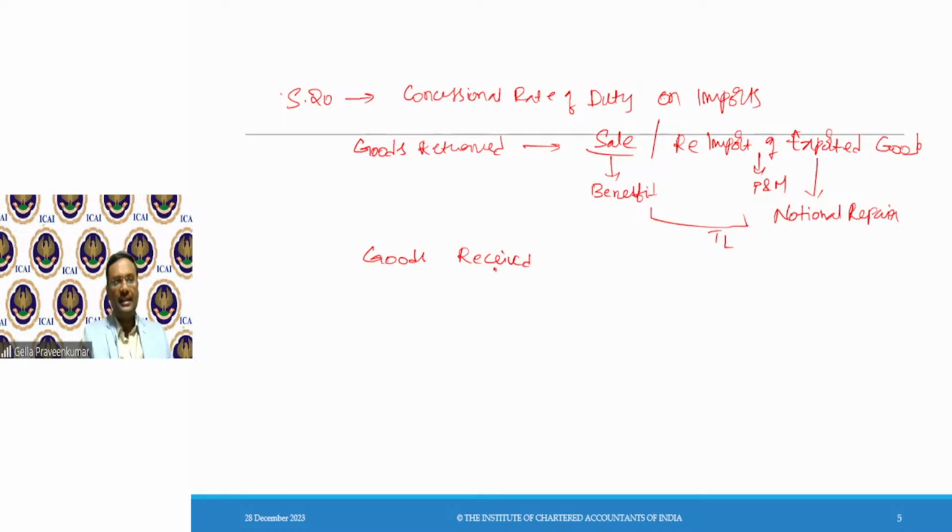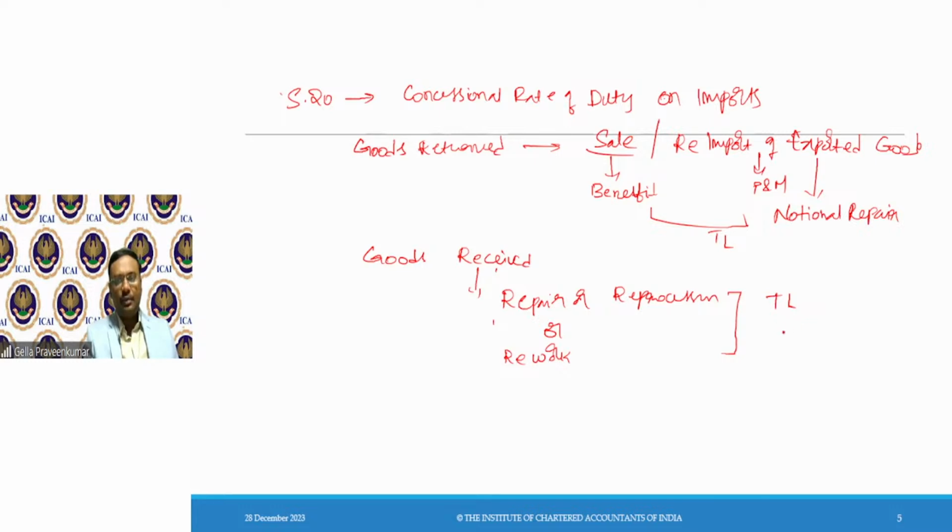And then goods received for the purpose of repair or reprocessing or rework. Now in these provisions, there is a time limit of 3 years for the goods to come